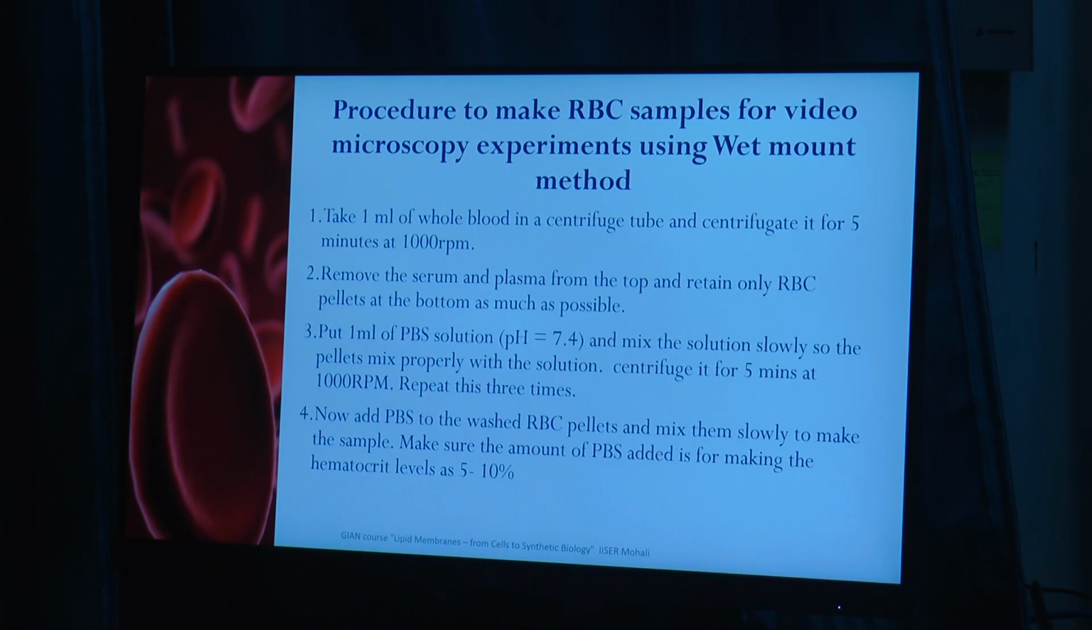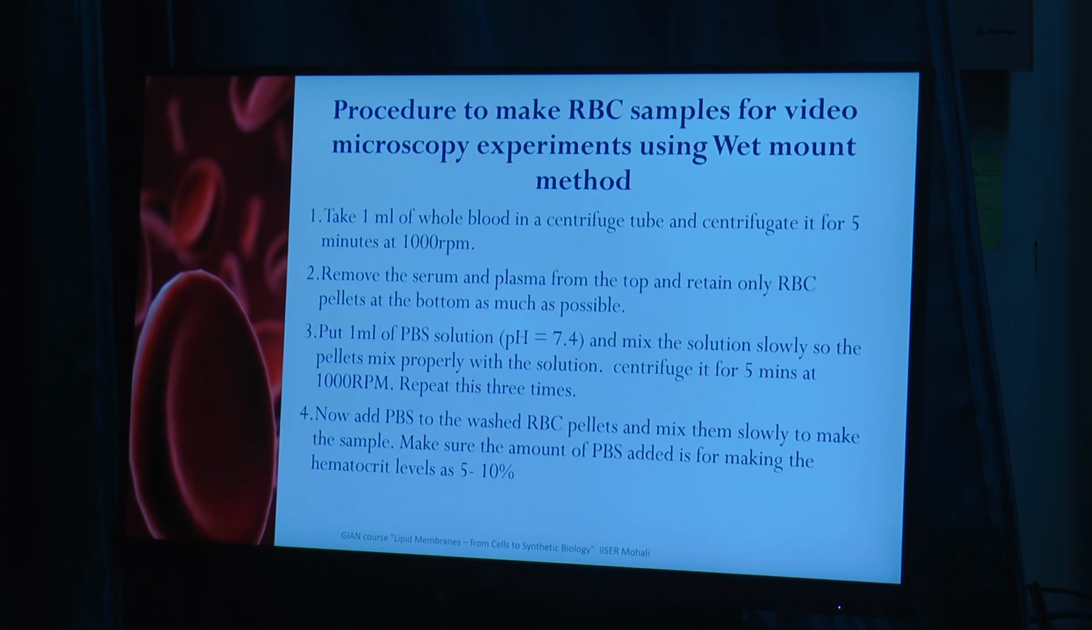What we are going to do is take the whole blood and centrifuge it at 100 rpm for 5 to 10 minutes. Then the serum and plasma are segregated, and the red blood cells form a pellet at the bottom. Now the supernatant is removed after centrifugation, and the red blood cells are given a buffer with an osmolarity of